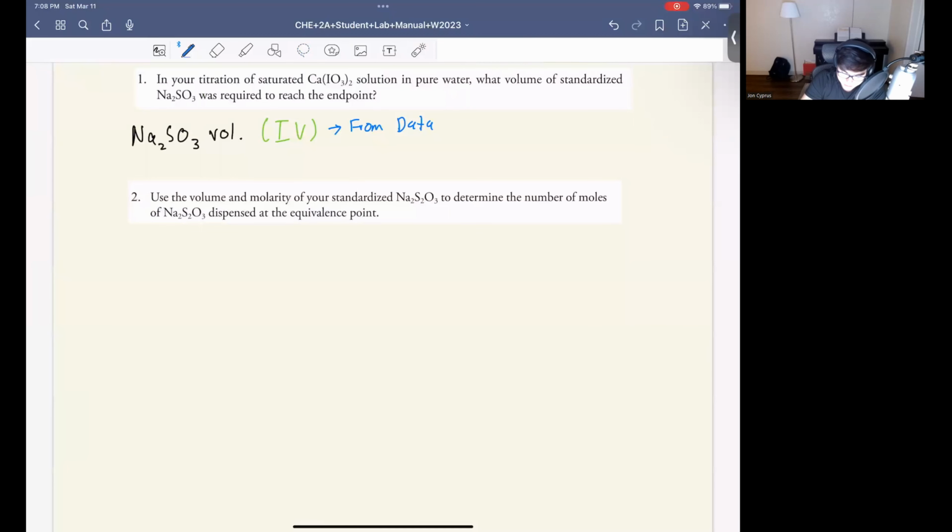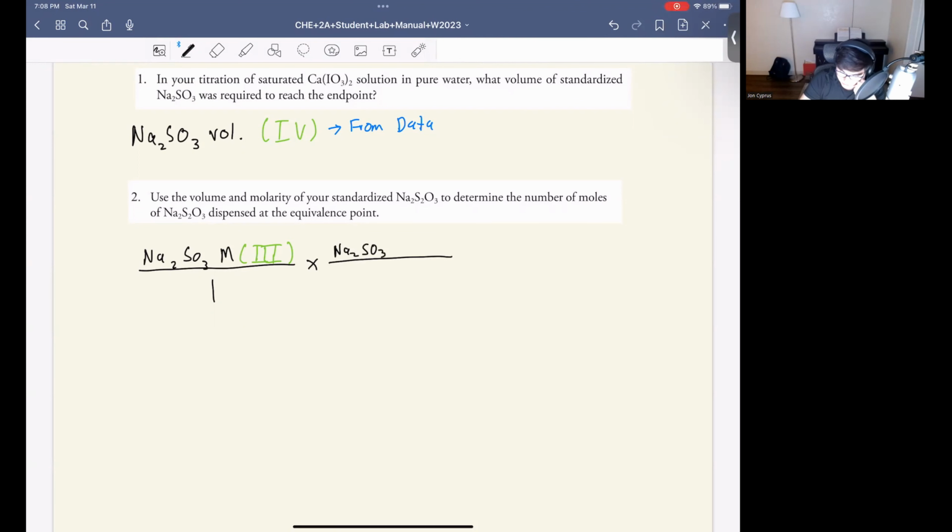We have the Na2SO3 molarity. This is in units of moles over liters. I'm not going to write it like that, just because the units will cancel out, right? But we did leave it in molarity for step 3, and I don't want you to be confused on where you're looking for this. And then it's sodium thiosulfate times the